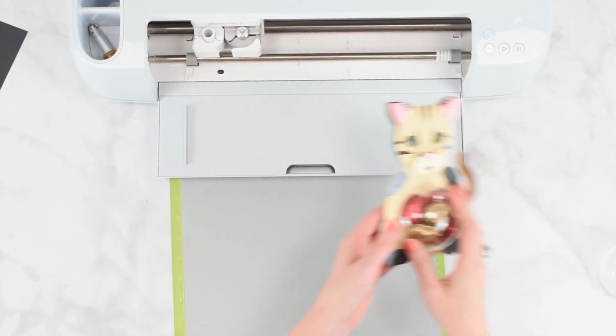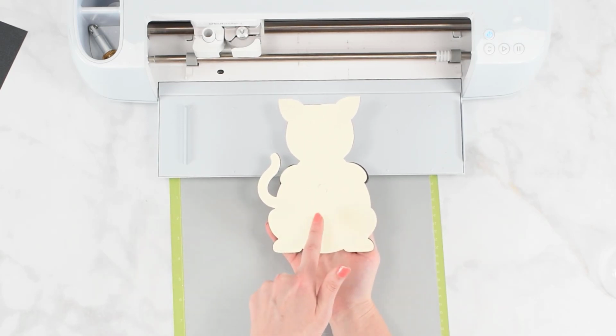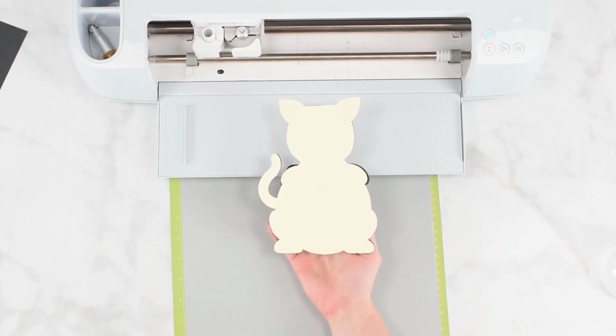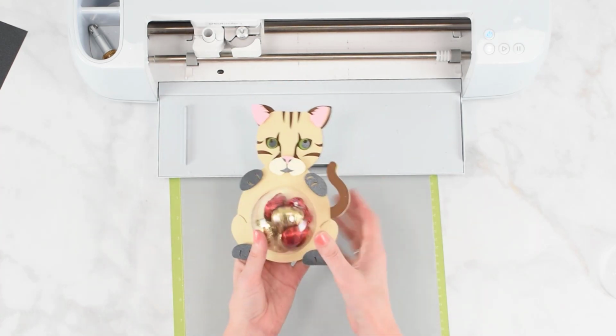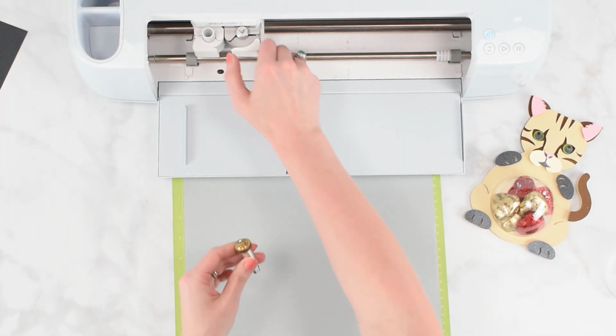Now with our design, I did set the file up so that there is a perforation on the back here. And again, I go over that in the other video. So make sure you check that out if you want to know. You will need a Cricut Maker in order to do the perforation. If you do not have the Cricut Maker, then you could always still score it with the Explore machine, and that would just kind of mark the spot for where the recipient could work the package open without completely destroying your kitty cat. So I am going to be using the perforation blade for this layer here,